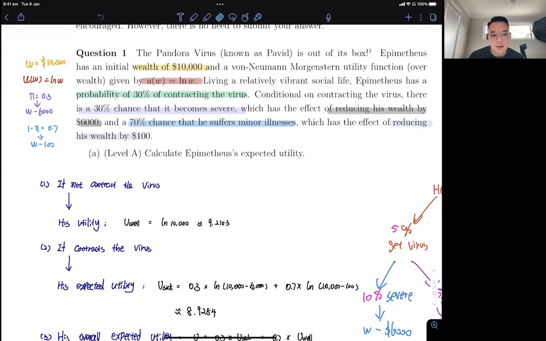Conditional on contracting the virus, there's a 30% chance that it becomes severe, which has the effect of reducing his wealth by $6,000, and a 70% chance that he suffers minor illness, which has the effect of reducing his wealth by $100. So graphically,